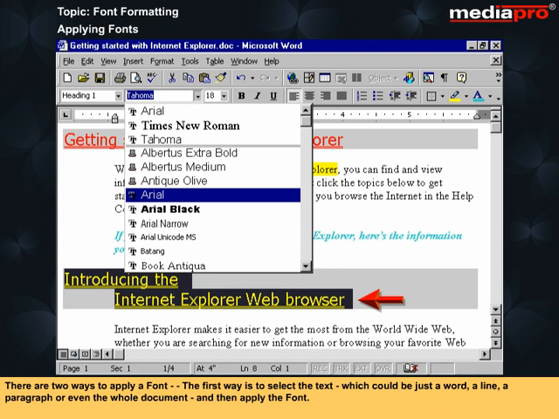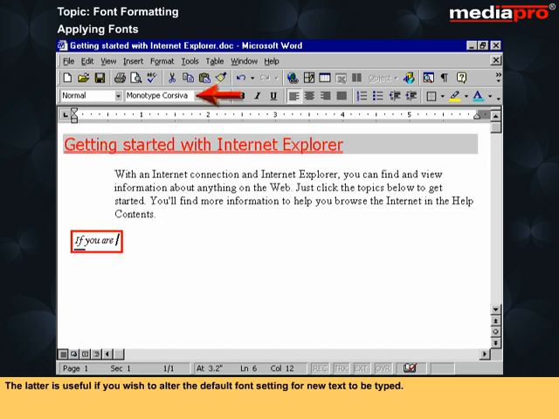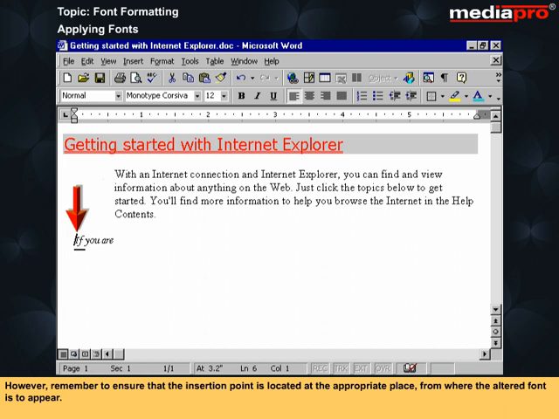There are two ways to apply a font. The first way is to select the text, which would be just a word, a line, a paragraph, or even the whole document, and then apply the font. The second way is to define the font first and then start typing. The latter is useful if you wish to alter the default font setting for new text to be typed. However, remember to ensure that the insertion point is located at the appropriate place from where the altered font is